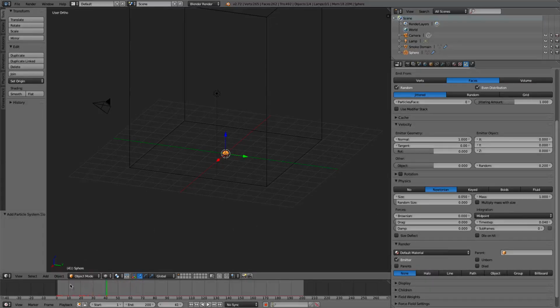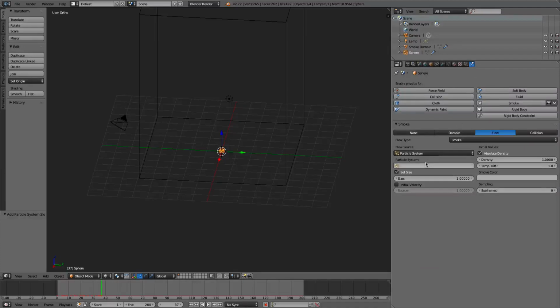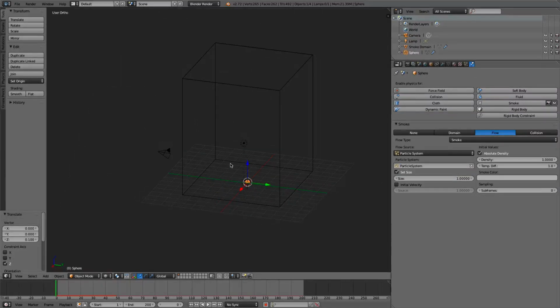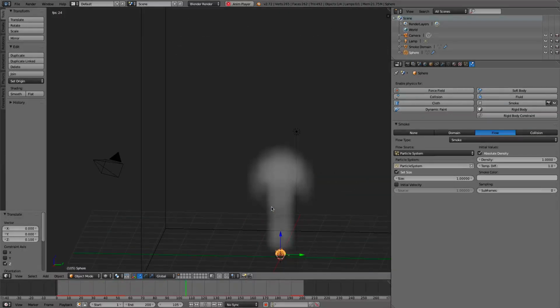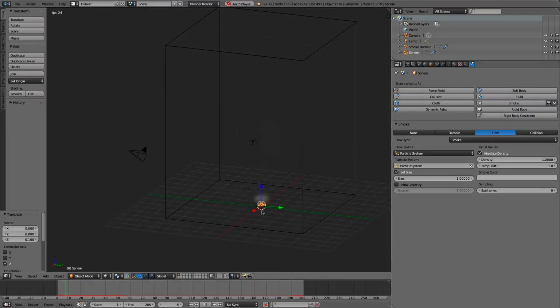You won't be able to see it if you change it right now, so we'll just leave it halo so we can actually see the particles. And then we'll go in here and change the particle to particle system. Alright, now, if we click Alt A, we'll get somewhat of a smoke simulation. We'll go back here, and there we go. Still doesn't look too interesting, and that's because of a couple factors that we'll change here in a second.